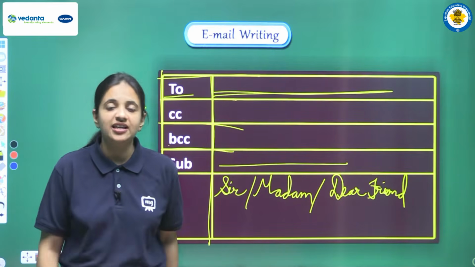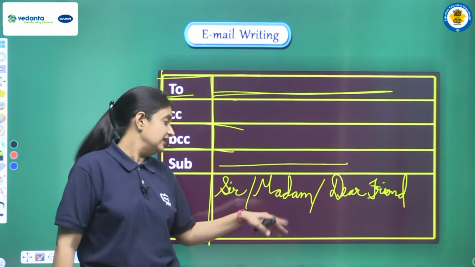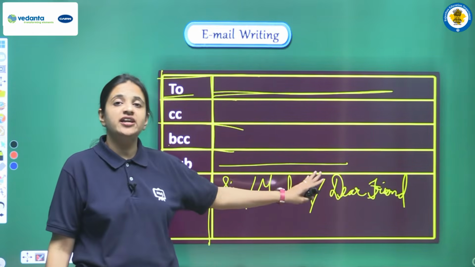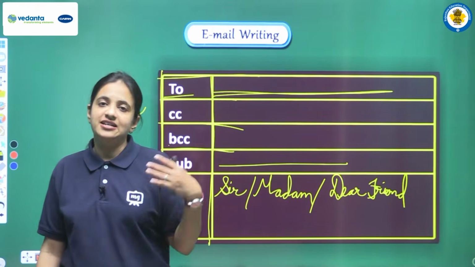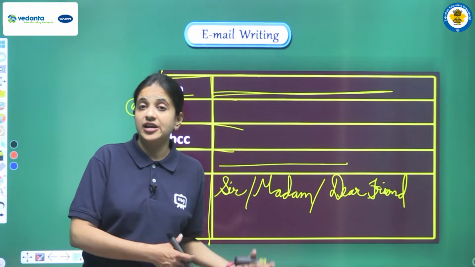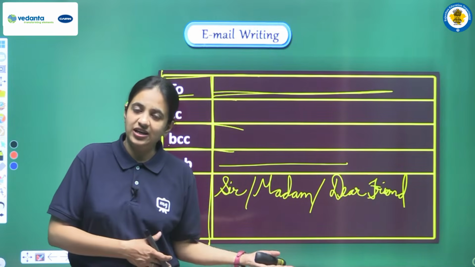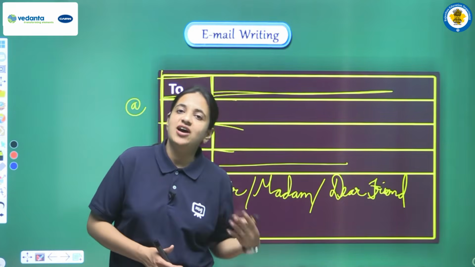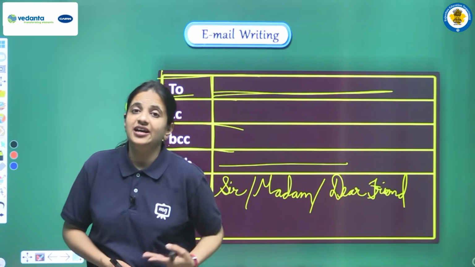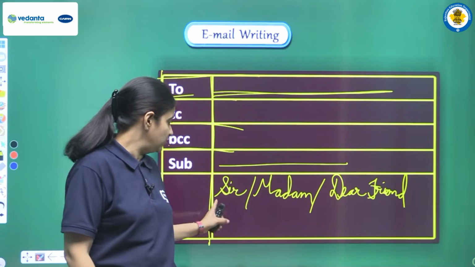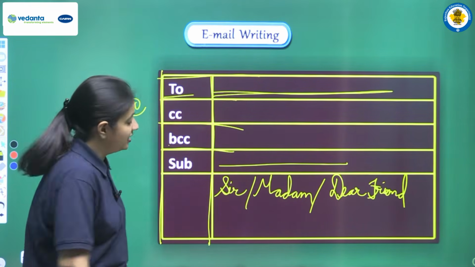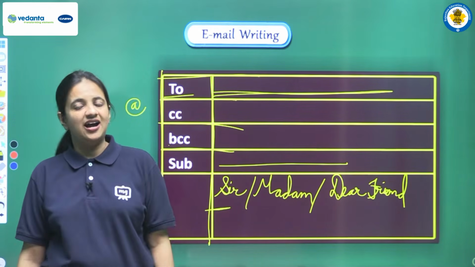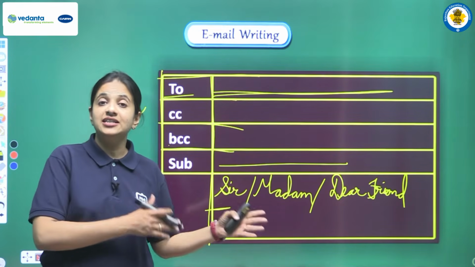Like just suppose you are writing the email to your teachers, to your principal, then you can write sir or madam. If you are writing to your friends, you can write dear friend, like the name of the friend that is given to you is Vanya, so you can write dear friend Vanya, or you can write dear Vanya only. Okay, similarly if you are writing to your family members, then also you can write dear father, dear mother, dear brother, dear uncle, dear aunt. In this manner you can choose any appropriate salutation here, and after that from the next line you can start your subject matter, all the things that you want to write in the email.